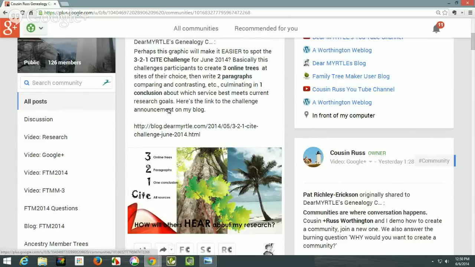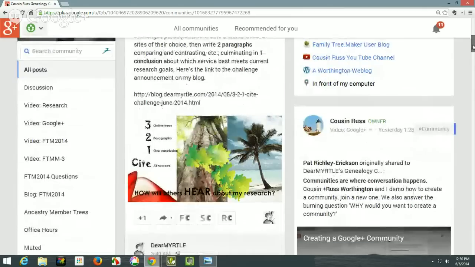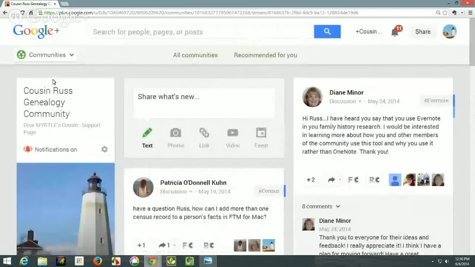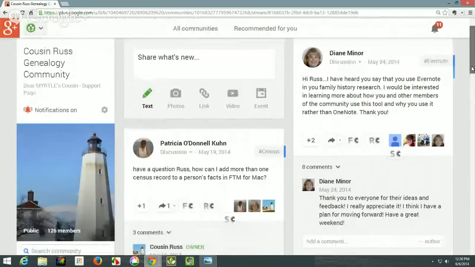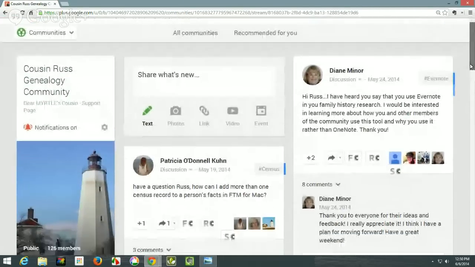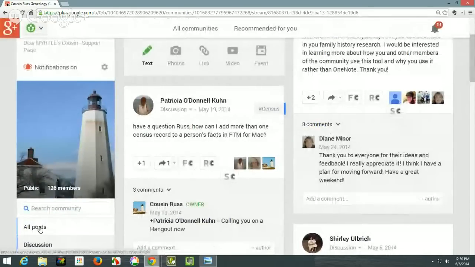Now, what's important, the changes that I've made, is down the left-hand side in categories. General genealogy research questions can be put into the discussion category. If I click on that, it will show a list of some questions that have come in to the community about research. I would like this community not to be so much about that, because I want you to have those discussions about genealogy